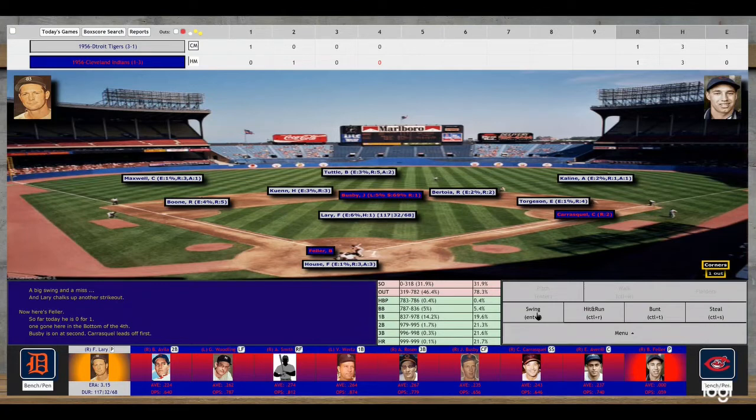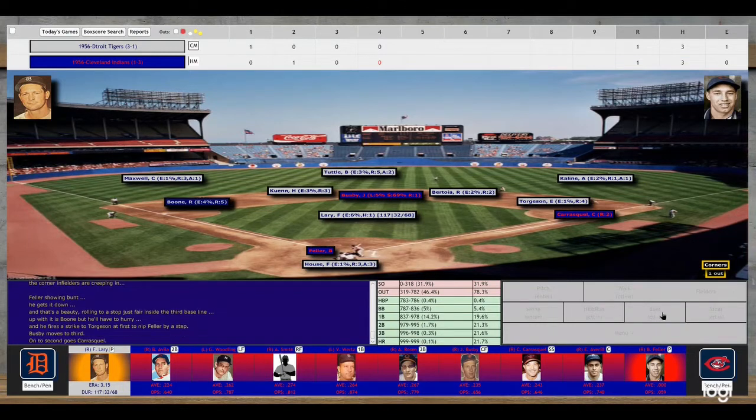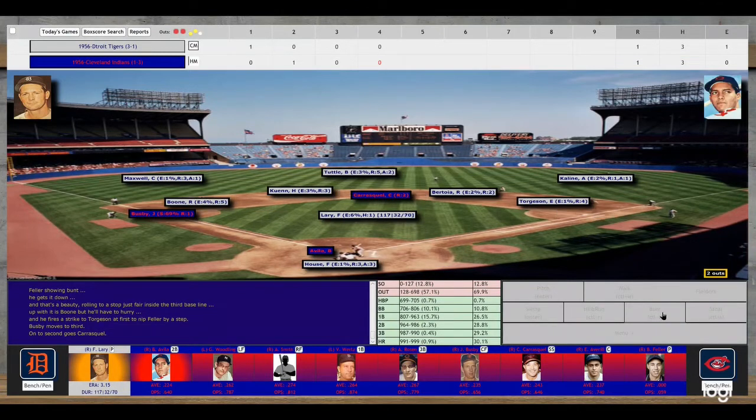As Feller comes up, Feller will lay down the bunt. He's got to get a less than 650 for the bunt, and he does. Feller showing bunt. He gets it down. It's a beauty. It's rolling to a stop just fair inside the third baseline. Up with it is Boone, but he'll have to hurry. And he does get him, but that'll move the runners up to second and third with the leadoff hitter Pavilla